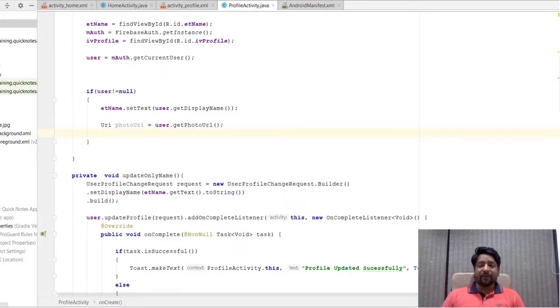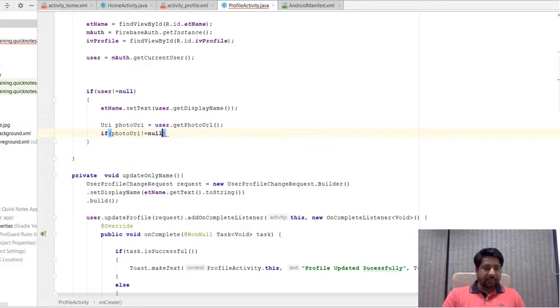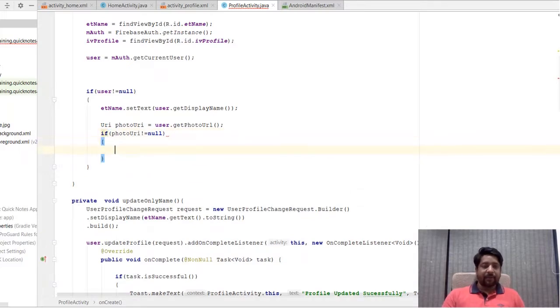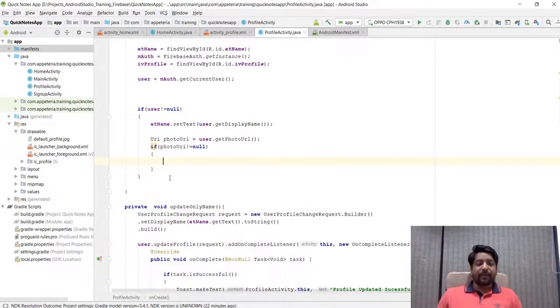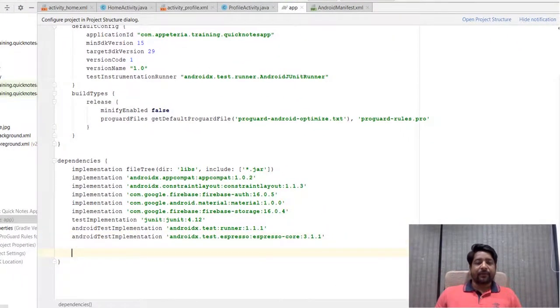URL of the server URL of the profile picture, and if photoUri is not equal to null, that means user has already uploaded the picture and it has been set with the user's profile, then we can use it. Now to show the image on the image view from a server, we are going to use a library called Glide. So to import Glide into your project, you need to open the build.gradle of your project, and here you need to add